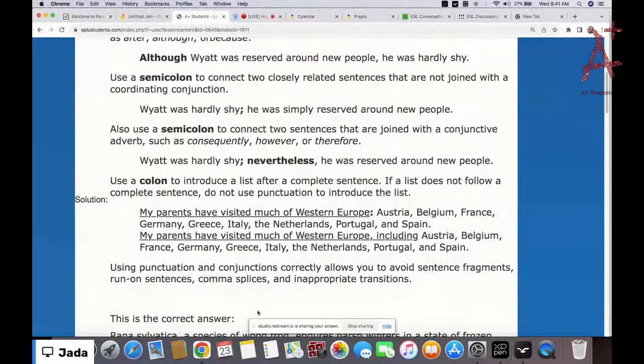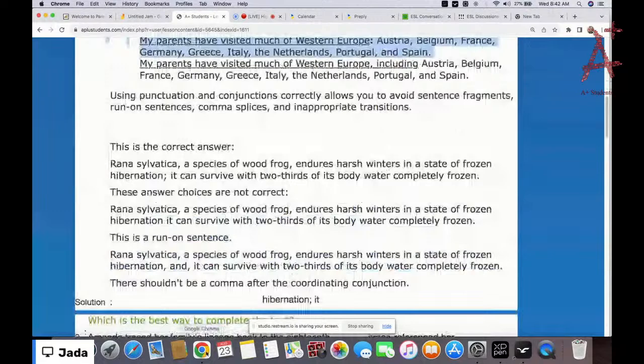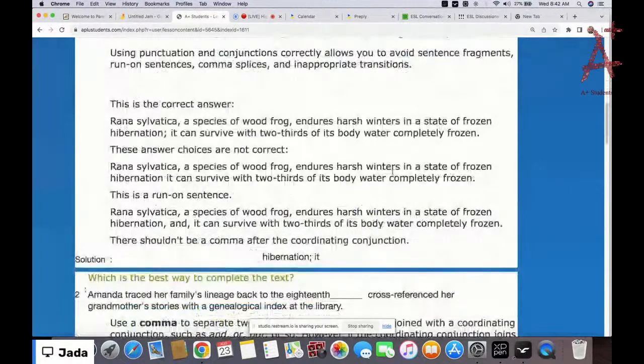using punctuation and conjunctions correctly allows you to avoid sentence fragments, run-ons, comma splices, and inappropriate transitions. Okay, so that's basically the use of knowing how to use your punctuation. If you can use your punctuation well, and you can also use your commas and all those things, conjunctions, you see that you avoid making mistakes in your sentence, which is very important for you. Okay,